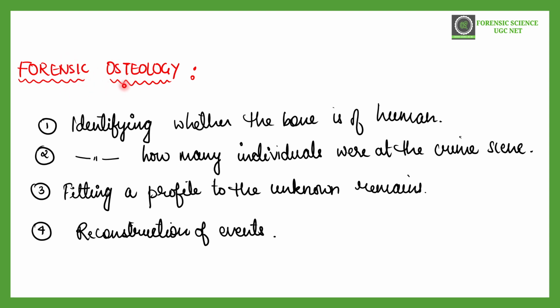So what do we do in forensic osteology? We can identify whether a bone is of human origin or not. This is the first important use of forensic osteology. The second important thing is how many individuals were there at the crime scene. According to the bones, we can identify how many individuals were present. Next, you can make a biological profile from unknown remains, and you can compare that biological profile to